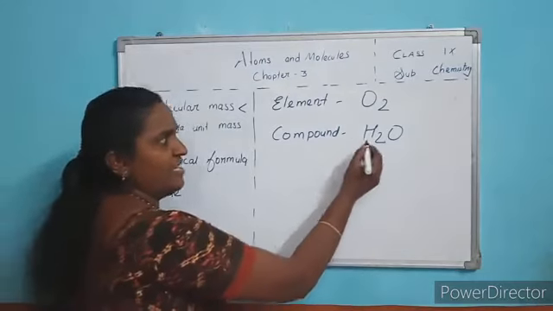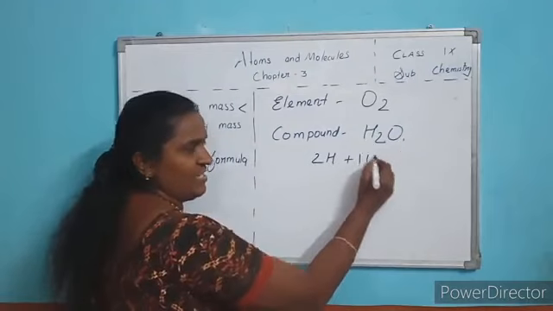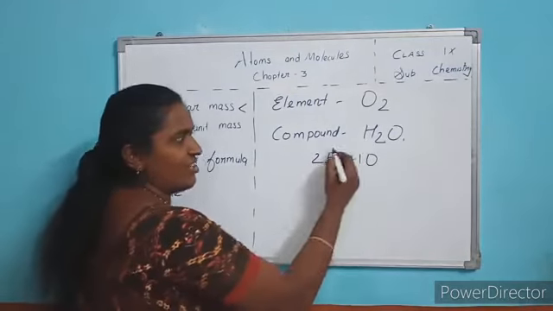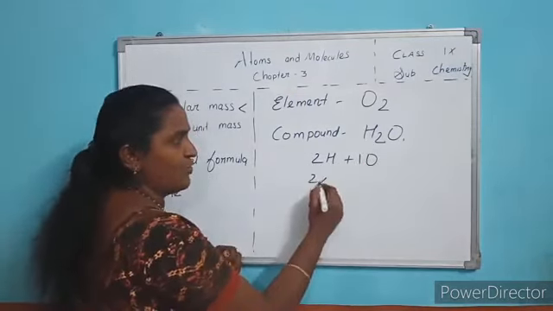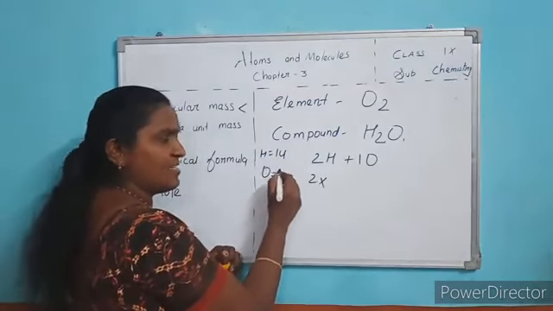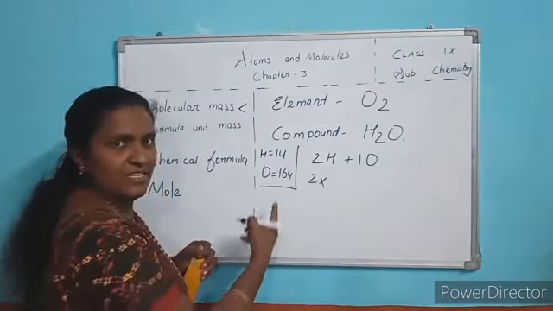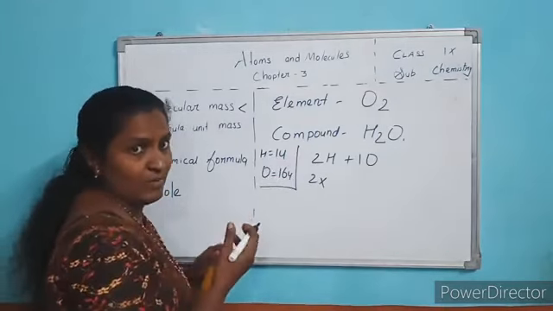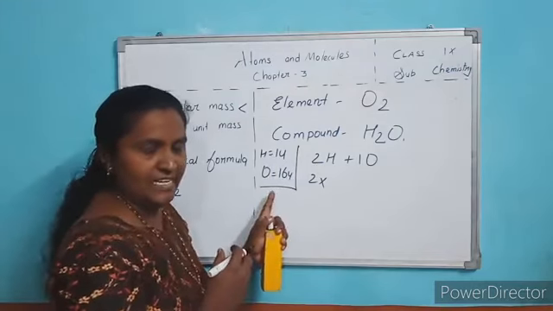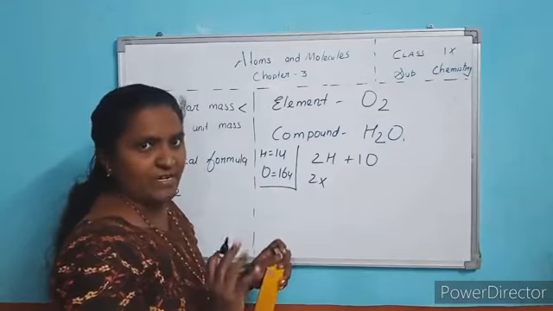For example, here you have 2 hydrogen and only 1 oxygen. Isn't it? These are the atoms. And write its mass. 2 into 1, hydrogen mass is 1U. 1 oxygen mass is 16U. It will be given. Okay, no need to worry about this. Each atomic mass unit will be given in the test question paper.